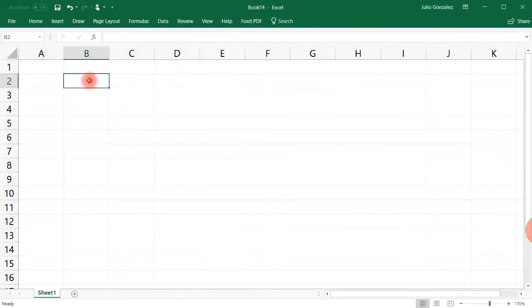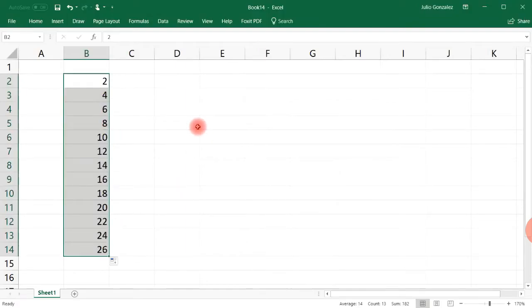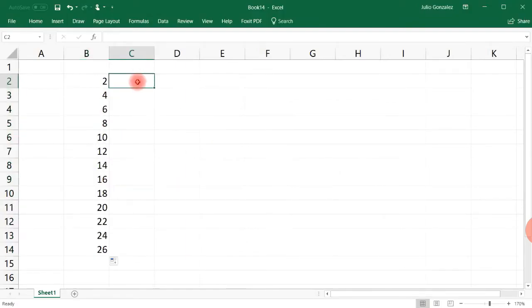Now let's say if we want a geometric sequence as opposed to an arithmetic sequence. In an arithmetic sequence, we're adding. In this case, we're adding by 2. So let's say if we want to extend this sequence, we can just do what we've been doing before. Now, instead of an arithmetic sequence, let's say if we have a geometric sequence where we multiply the previous number